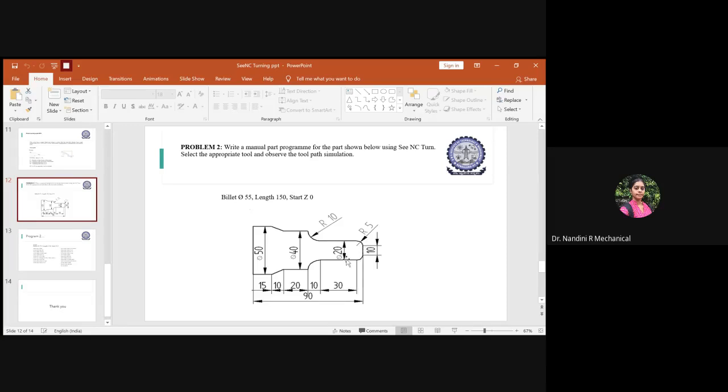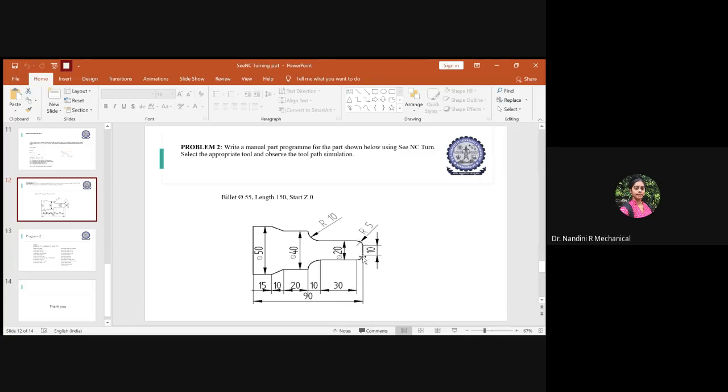Now the overall height here, you see, it is 20. So it has to reach this point. This entire length will be overall 20. You don't just consider this 5. This is your reference, it is starting from the center. Always on a reference plane you'll be having X and Z. So Z will be 0 and X will be 20.